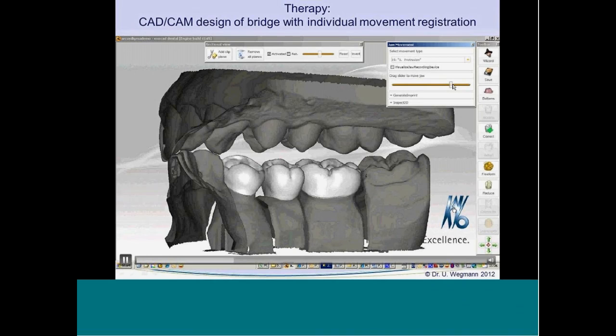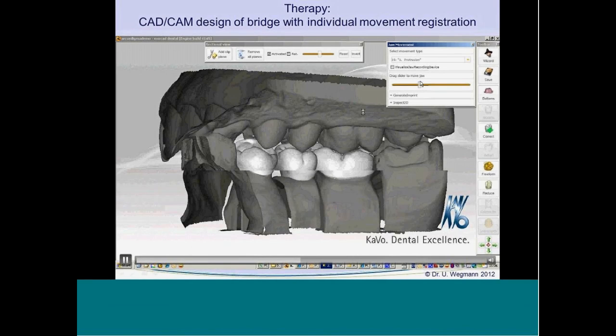And another example, you can do dynamic occlusion analysis. That means you can use this system also for better adjustment of the natural teeth.